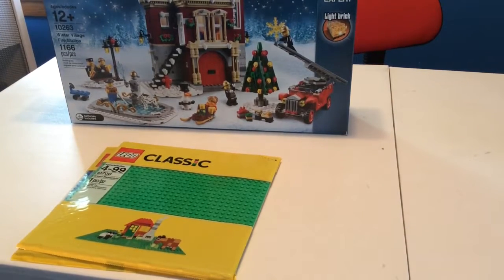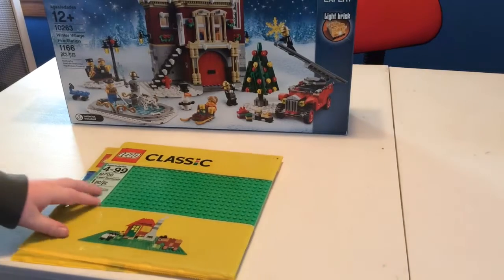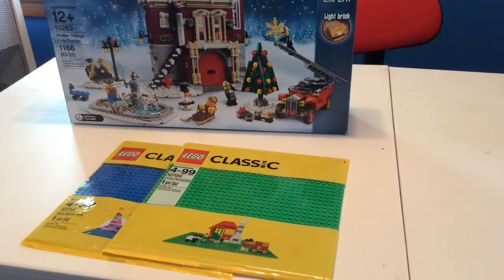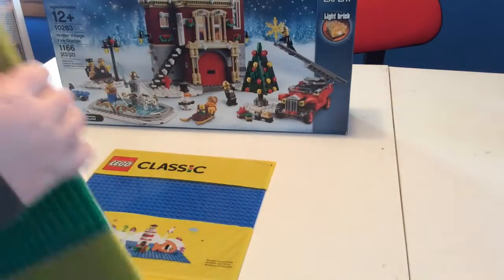This isn't a haul video, more unboxing, but in a previous video, I got the Winter Village Fire Station and the two base plates, a green and a blue one. So I'm just going to be unboxing all of these. So no, I did not forget about these, but